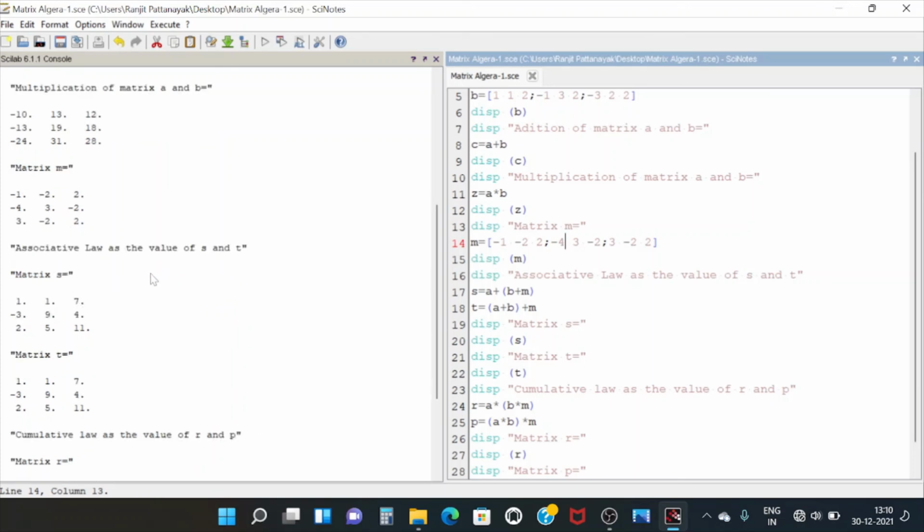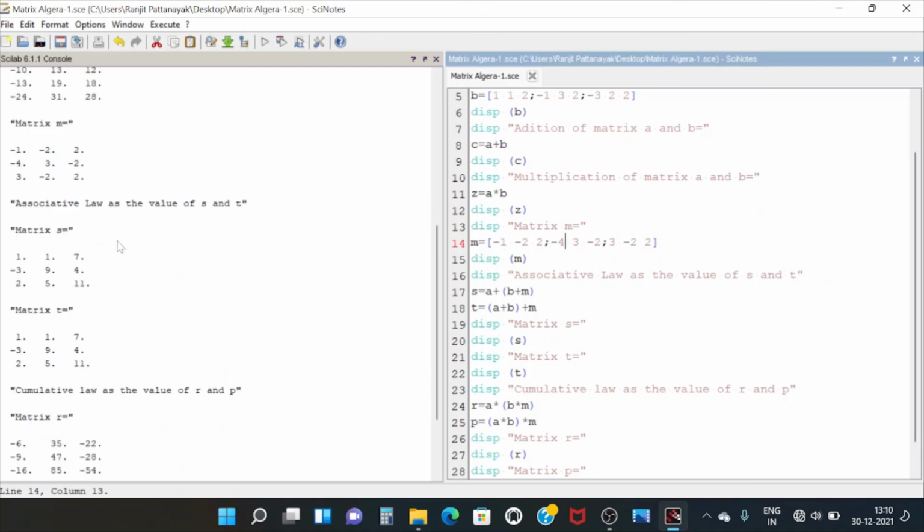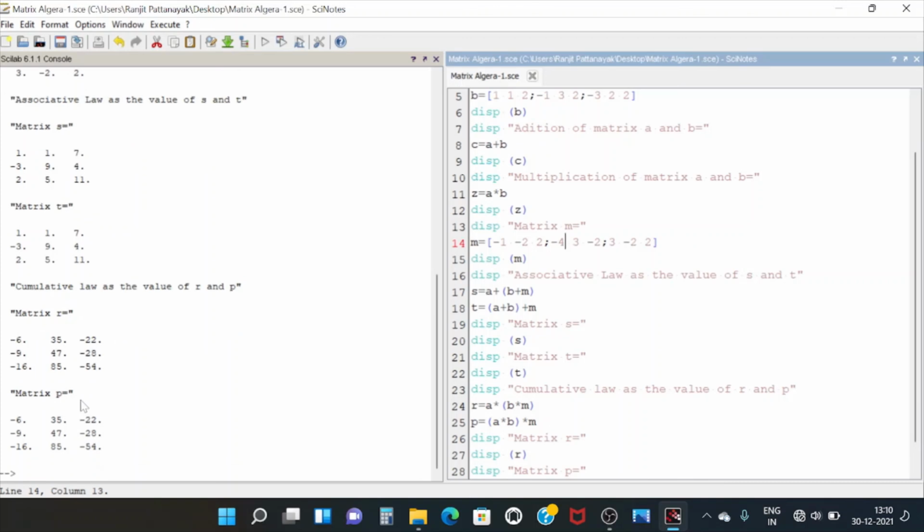Associative law has the value of S and T, whatever we have defined, that S equals A plus in bracket B plus M, the value here and the matrix T value both are same. So associative law holds good and cumulative law holds good.